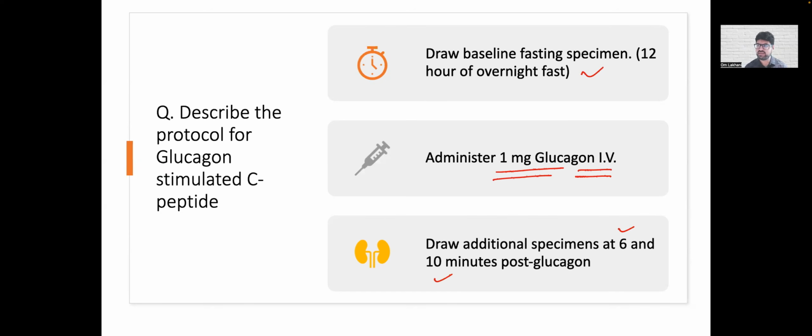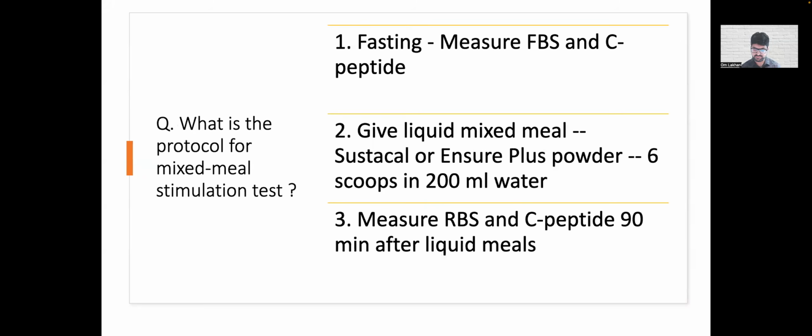Glucagon is available in India as an injection. Unfortunately, it's not easily available, but it can be potentially available. It is available from Novo Nordisk. Also, it is available from some independent companies as well, which manufacture glucagon. So if you need glucagon, you can procure that in India. It's not impossible.